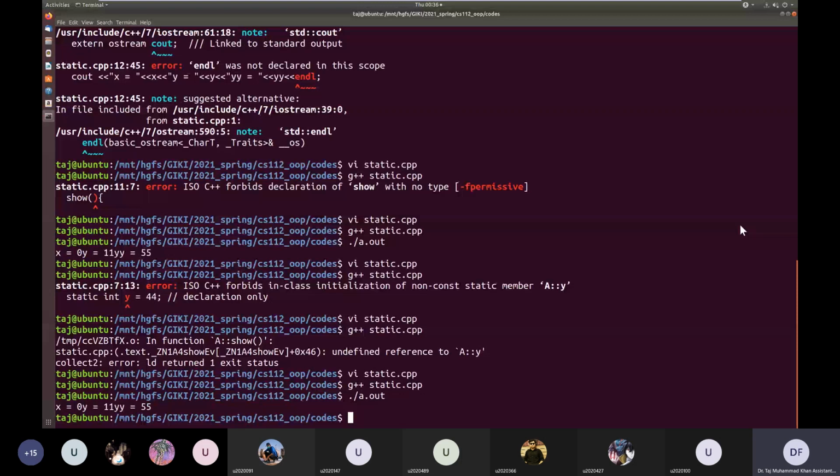So if we want to share some information across all the objects of the class, we can make that variable a static variable. This variable will be accessible across all the objects. One very simple use could be that, let's say I want to keep a count of how many objects of this class have been created.